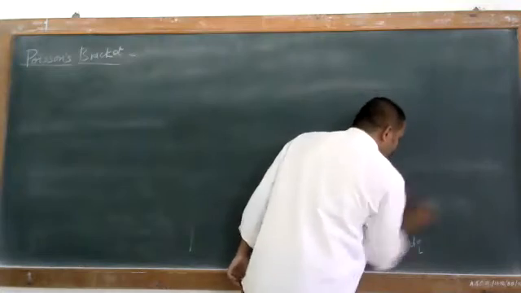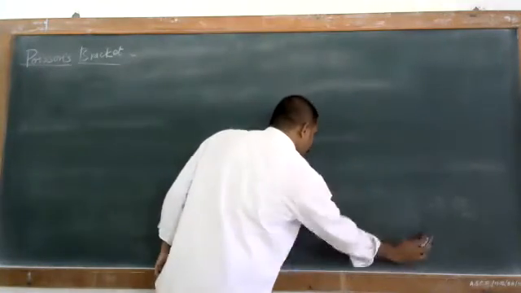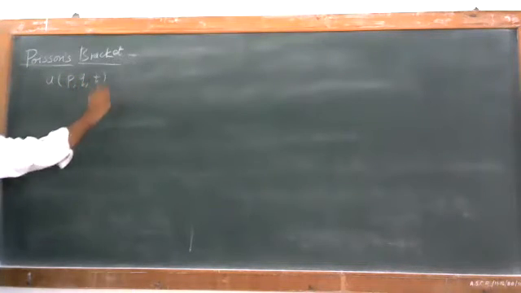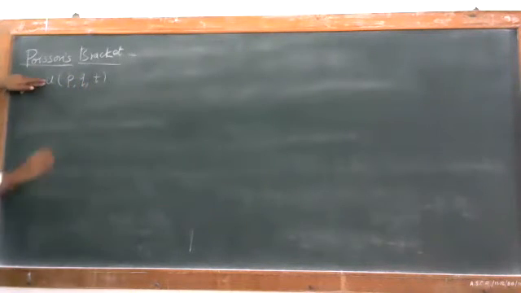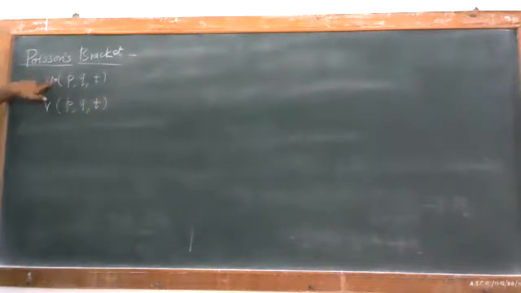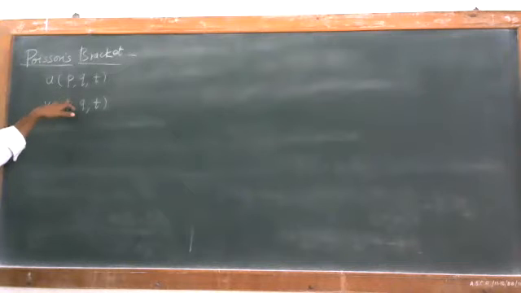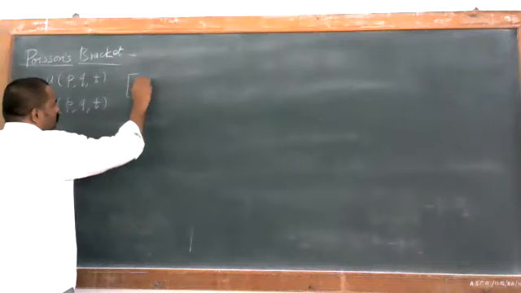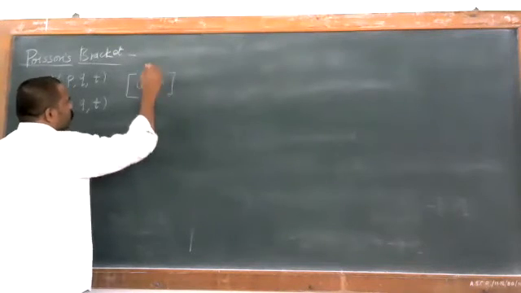So the condition is, suppose we have two dynamical variables, let us say u, that depends upon p, q, t, and some other variable, let us say v, which depends upon the same variables, that is p, q, t. For any two dynamical variables, let us say u and v, the Poisson bracket of u, v, I will write that Poisson bracket. So the Poisson bracket is given in terms of a square bracket.